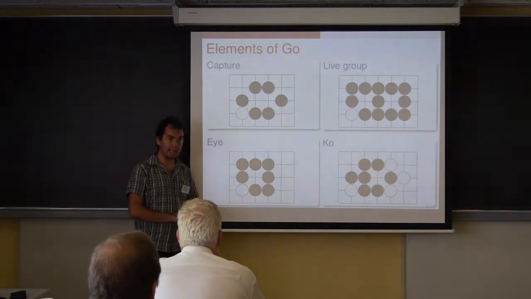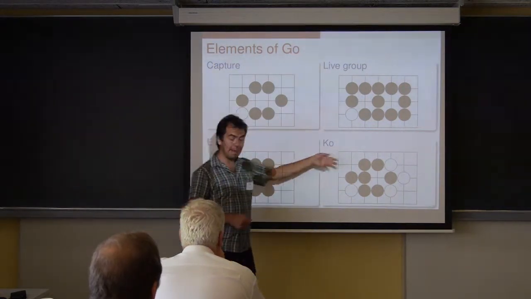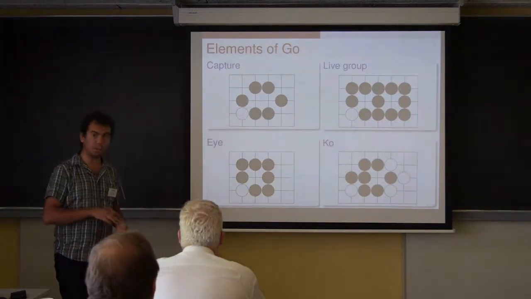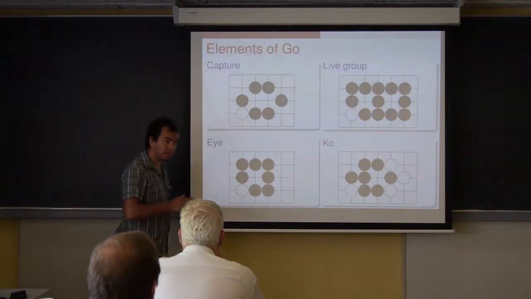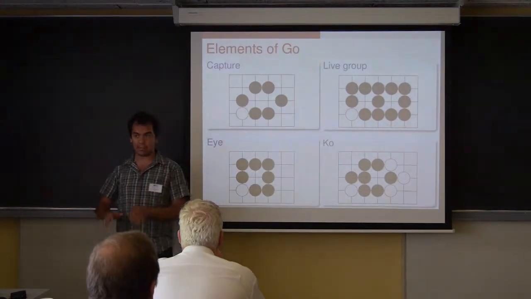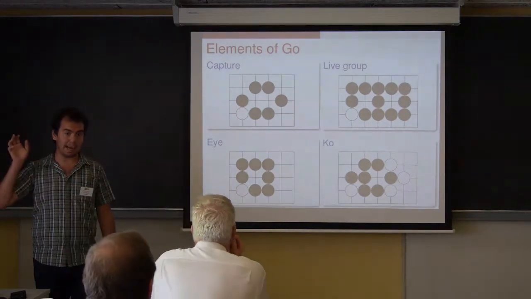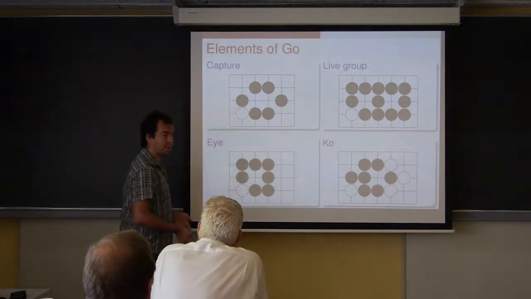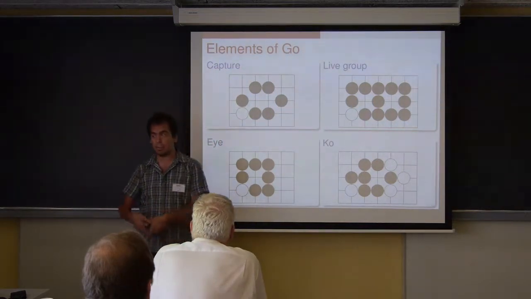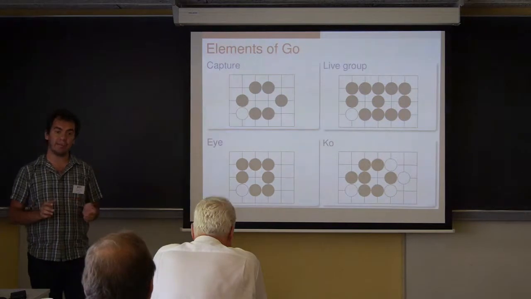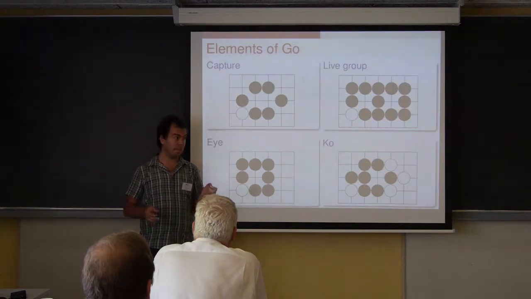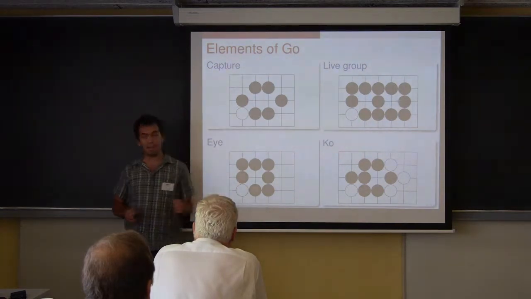The rules of Go say that you can't just come back to the same position after a move. So this is called the simple Ko. There's another rule called the superko, which says you can't come back to a position you've reached any time in the past. So Ko is immediate past, it's forbidden, and superko is any time in the past, and this is not forbidden in all the variants of the game of Go. Depending on if you play with Japanese rules, with Chinese rules, with New Zealand rules, you have slight variations around the superko. I'm not going to get into those details, but it will have an impact on the complexity.